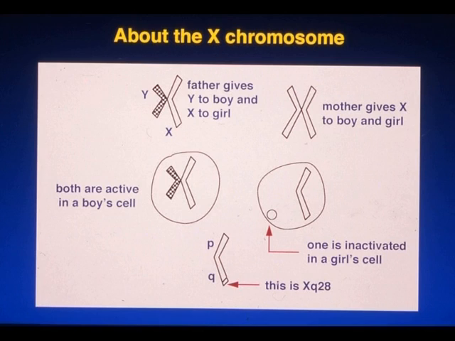A male receives the X chromosome from his mother and the Y chromosome from his father. Most mutations occur in the reproductive cell of an otherwise normal parent, more often in sperm than in ova. Therefore, the child receiving the X with the mutation usually receives it from the father and is female. Less often, the mutation occurs in an ovum, in which case the child who receives it may be male or